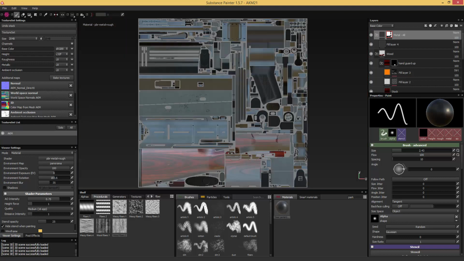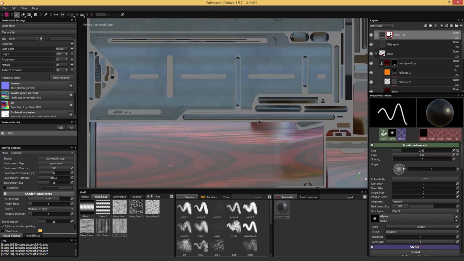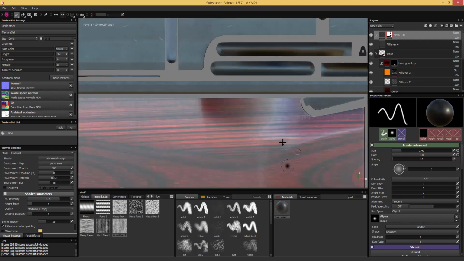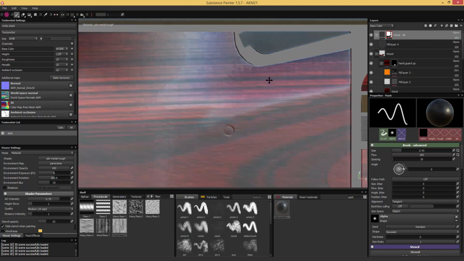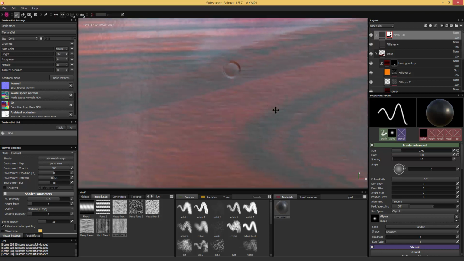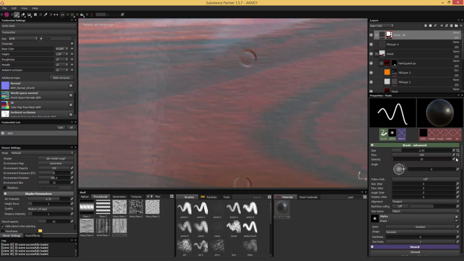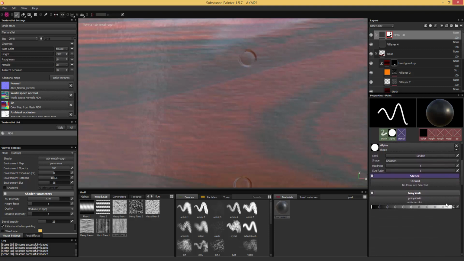Gonna switch over here to the 2D mode and zoom in on these elements. Let's try to get close. And with the current brush selected, I'm gonna change the hardness, crank it all the way up here and bring it down to fit exactly that space. And I want to make sure that I'm actually painting with white, since we want to affect our black mask here. And then I'm just gonna